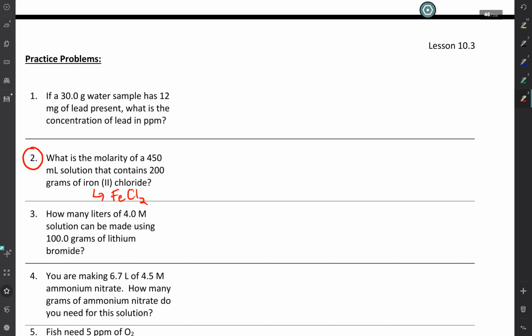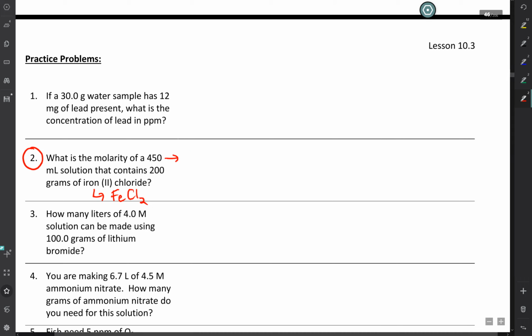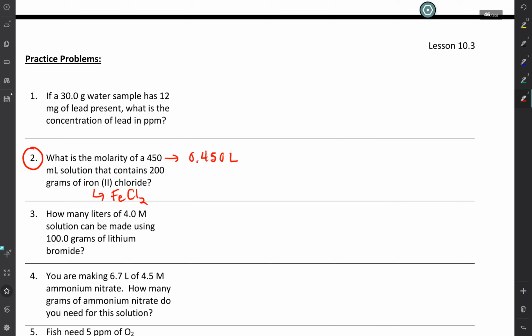So I know the formula of iron 2 chloride, I have the mass of that in grams, and I know the volume of my solution. For molarity, I need moles per liter. So hopefully it's pretty easy to see where the liters are going to come from. I can quickly take my solution volume, 450 milliliters, and convert that into liters. It's going to be a little bit more work to figure out the moles of solute. What you need to do is calculate the molar mass of iron 2 chloride. So I'm going to do that now. I know that iron has a mass of about 56 grams per mole. I know that chlorine is about 35.5 grams per mole, so times 2 gives me 71. So I get about